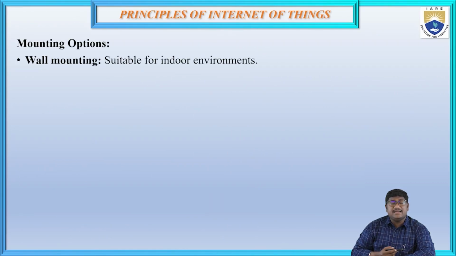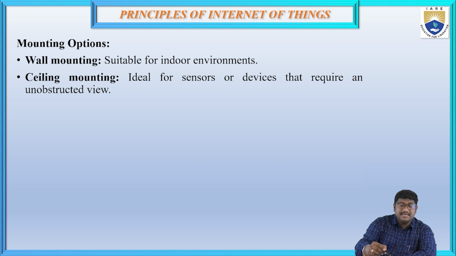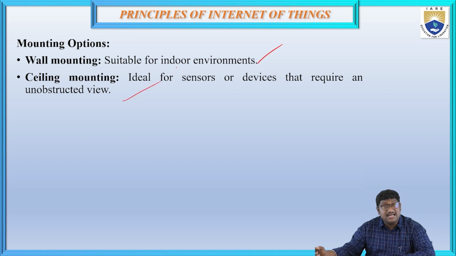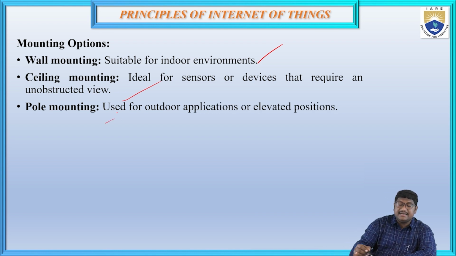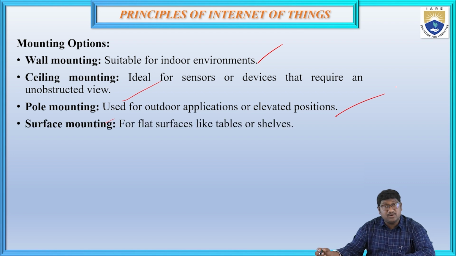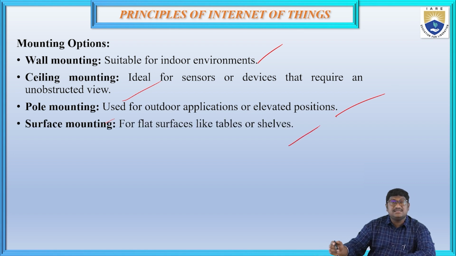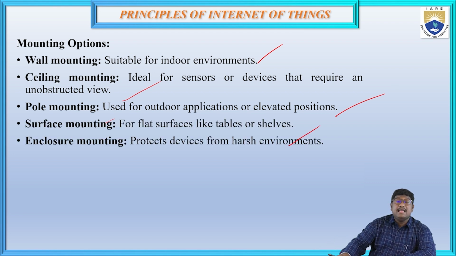And coming to the mounting options, wall mounting will be there, ceiling mounting will be there. Wall mounting is suitable for indoor environments. Ceiling mounting is ideal for sensors or devices which require an unobstructed view. That is what ceiling mounting is. Pole mounting is used for outdoor applications or elevated positions. And surface mounting is used on flat surfaces like tables, shelves, etc. Enclosure mounting protects the device from